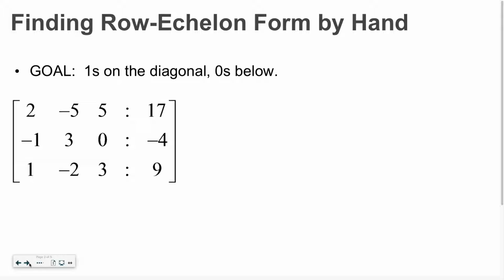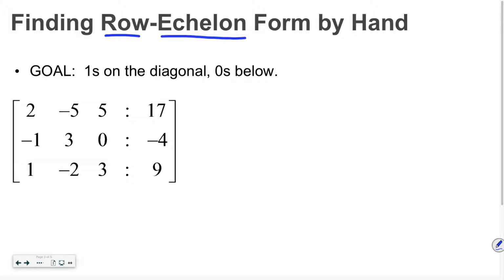The last row will always be the same, okay? But when you represent it as a system of equations, it should still work out to be the same x, y, and z, okay? But sometimes the row echelon forms could look just slightly different based on the actions that you take, okay? So our goal, if we're getting into row echelon form, is to get a diagonal of 1s and 0s below,